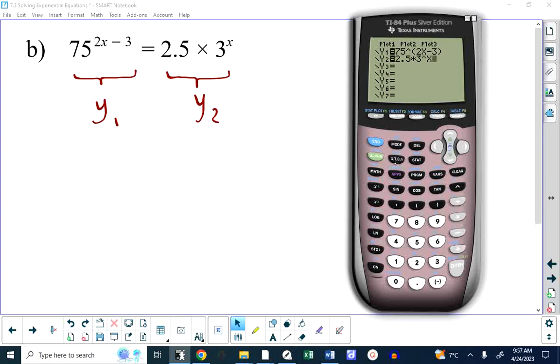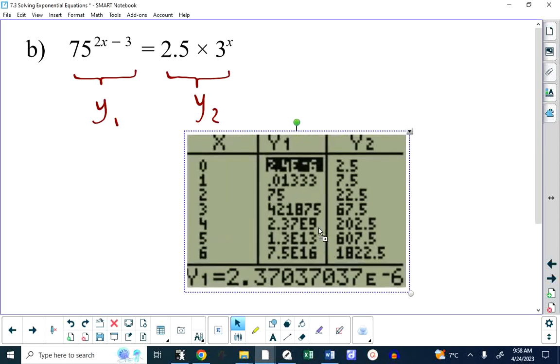And we're going to go to our table. And we're going to start at 0 and go up by 1. Let's just explore things that way. Go to my table. And I hope you understand this. 2.4 times 10 to the negative 6 means 0.000002. So there's 5 zeros and then the 2. It's a very small number. And if we take a look, I know that most of you should get this without any problem. If you take a look here,